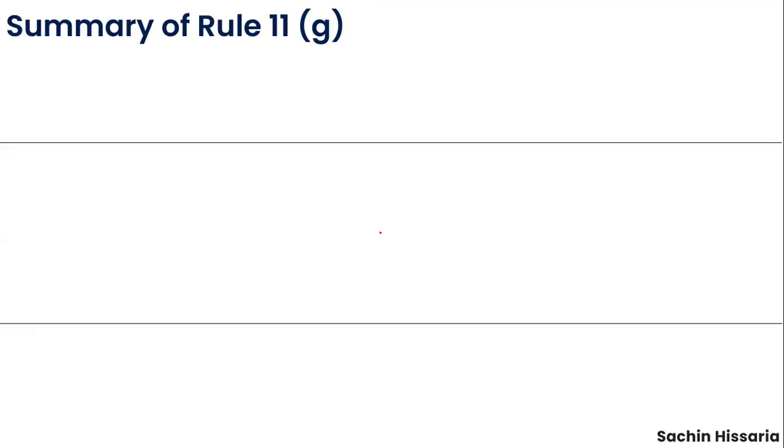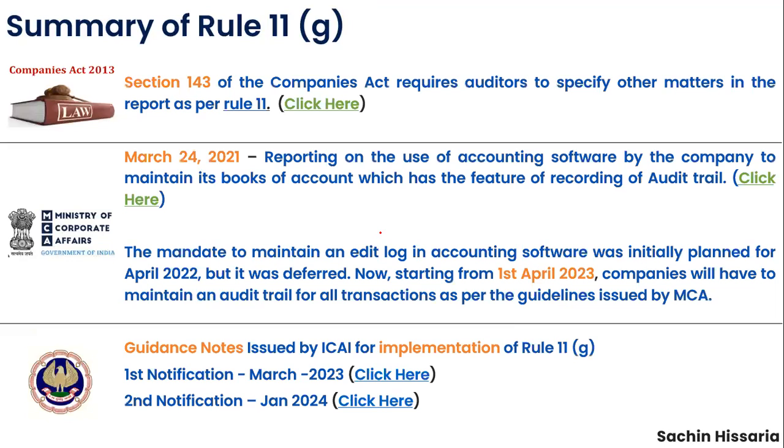So our first point is a summary of Rule 11G. Basically, I will tell you how this rule has been introduced. Now, as per Companies Act Section 143, okay, the auditor needs to comment on some other matters which are prescribed as per Rule 11. Okay, so basically, if you are a statutory auditor, you need to comment on some other matters. Now,